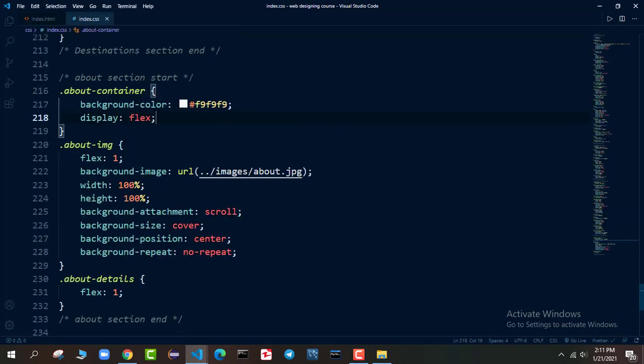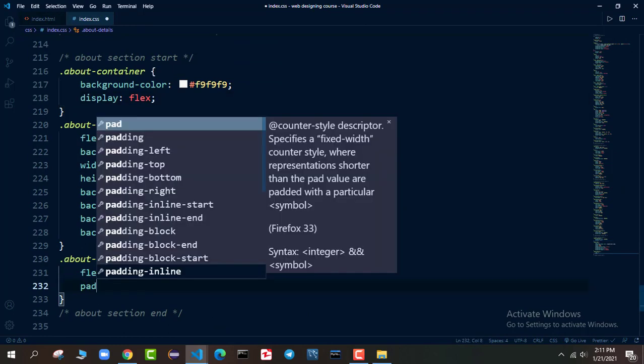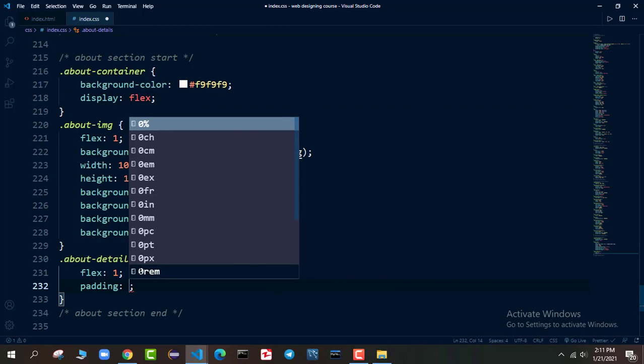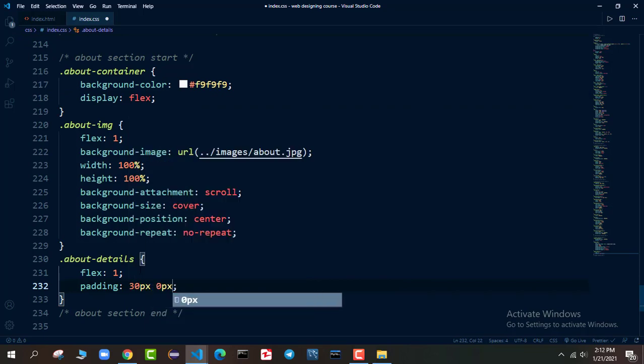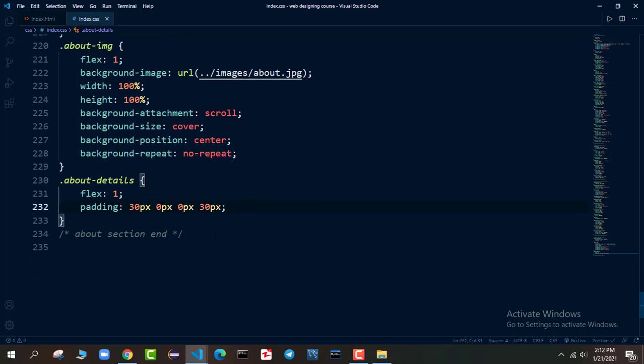So let's go in the CSS again. Now in the CSS, in the details, I want to add a bit of padding. So I will say padding. From top, let's get 30 pixel, right 0 pixel, from bottom 0 pixel, and from left 30 pixel. Let's go and see what we got. We got this thing. Great.